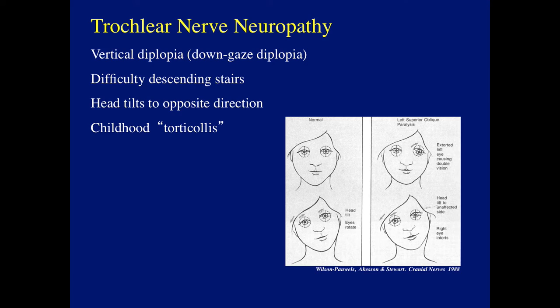Now, what are the findings in trochlear nerve neuropathy? We have vertical diplopia, difficulty descending stairs, and the head is tilted to the opposite direction. And many children are diagnosed with torticollis, which is actually just turning the head to be able to see better. As you can see in this diagram here, in the normal, with the head turned, notice the horizontal planes